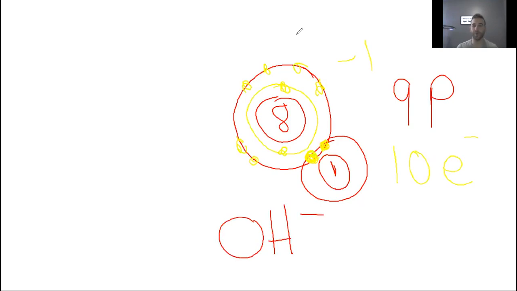OH negative. And this is what's produced when a substance is more alkaline. The hydronium decreases and the hydroxide increases. If the hydronium and the hydroxide are equal, you have a neutral substance. That's back to module 3. So that's hydroxide. Now, if I take this same molecule,